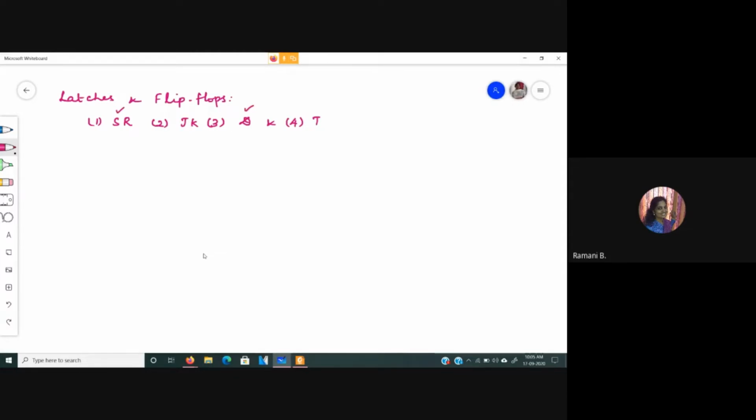We will not be seeing for JK and T. I will let you know what the variation is with respect to the latch and flip-flop. Okay. So first, let us see the SR latch